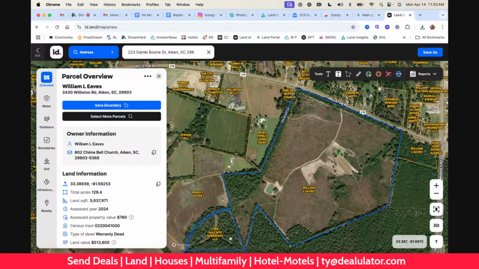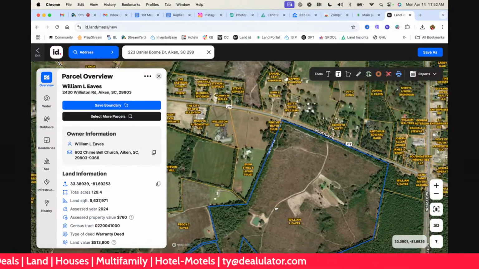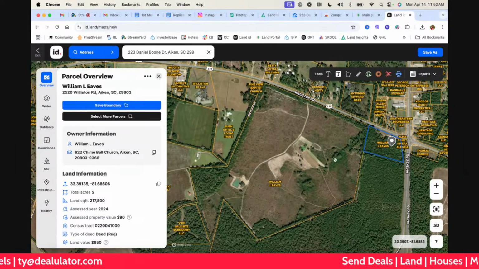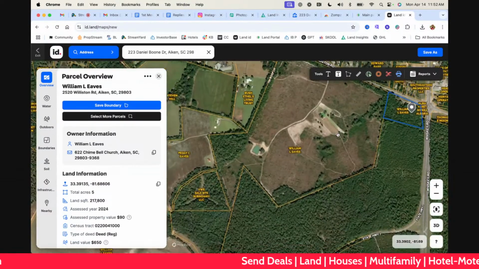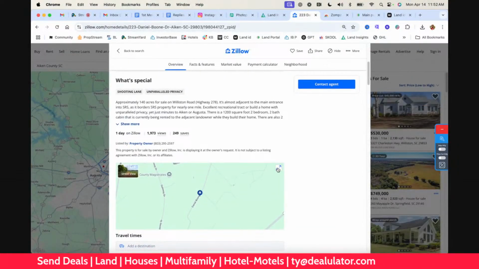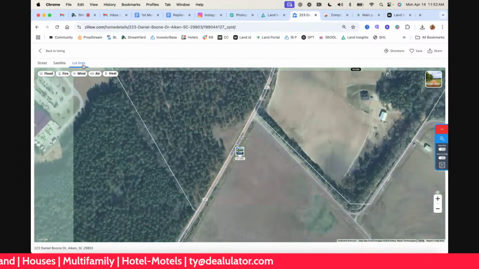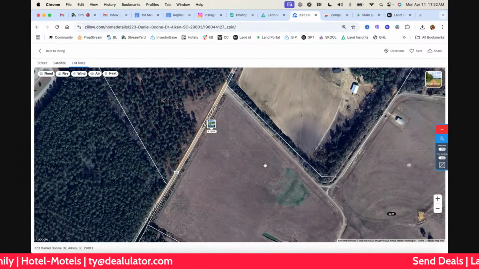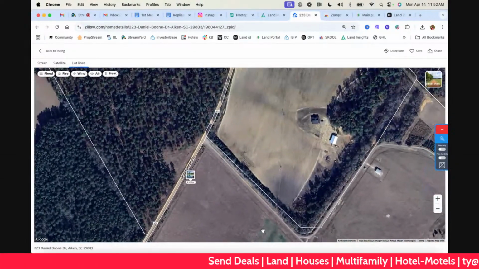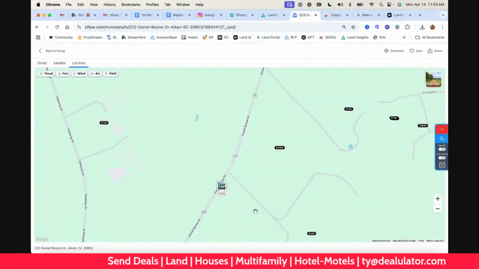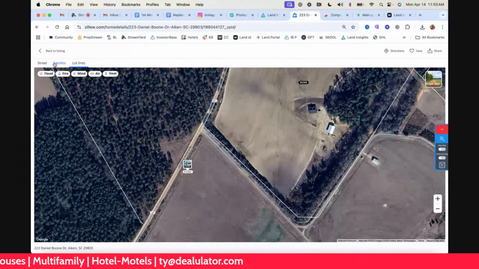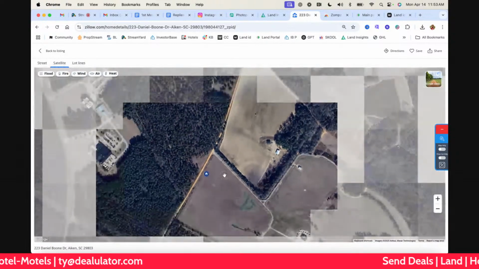William Eves. So this is him right here. We're missing 10, so that's another 5 right there. So we're close. It's really actually better than what I thought it was, right? Because if we go back over here, it doesn't look the same way it's laid out, unless I'm missing something. I can't really look at it like I want to, because once I zoom out, let me make sure. Wait, let me do this. Okay, now I should be good.